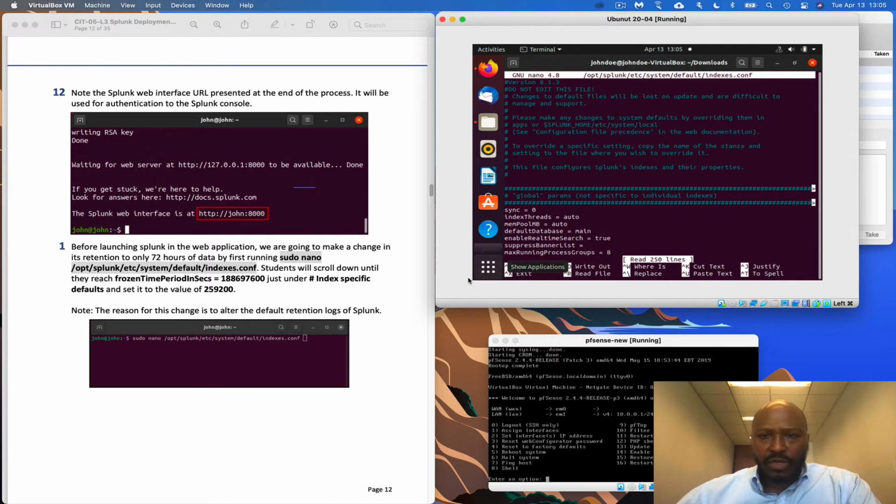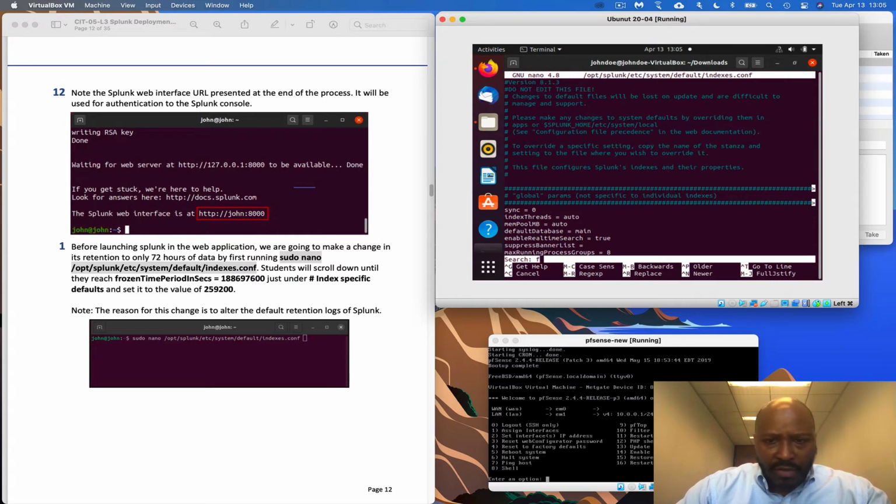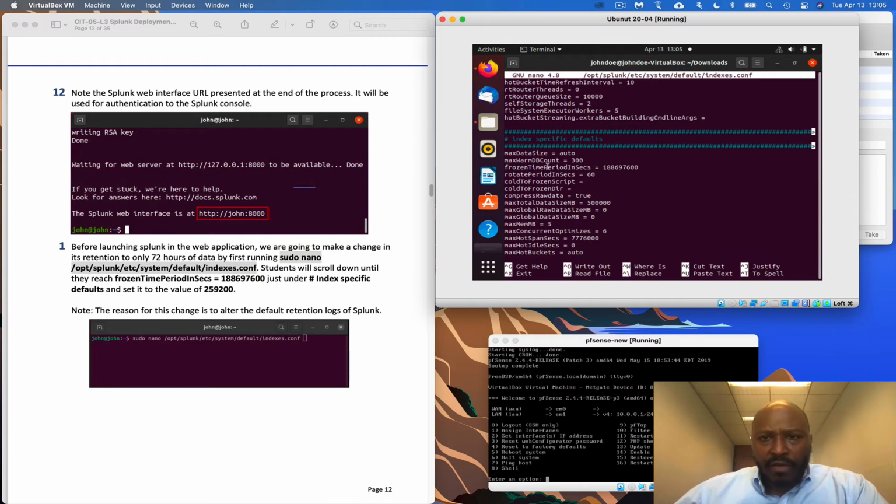And it says we're looking for the frozen time periods. So I'm going to Control W and find, I'm assuming the word frozen is unique in this document. Yes, frozen time period in seconds equals this number here. It says we're supposed to turn it into,